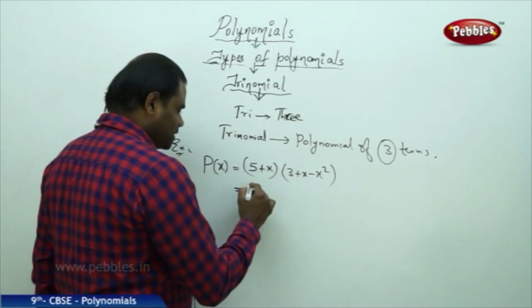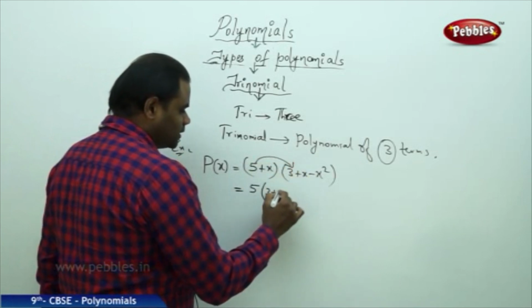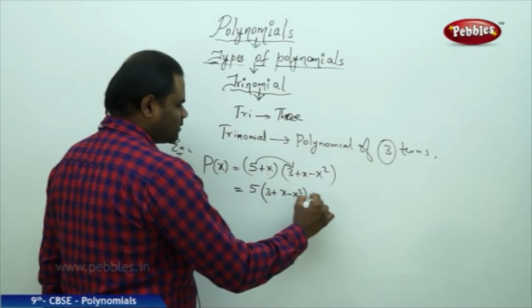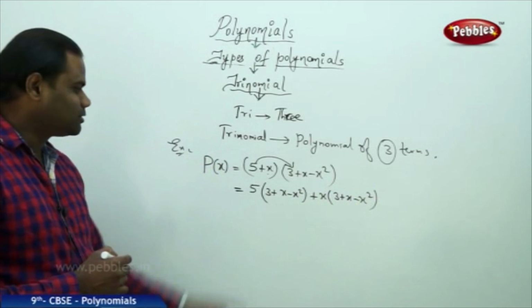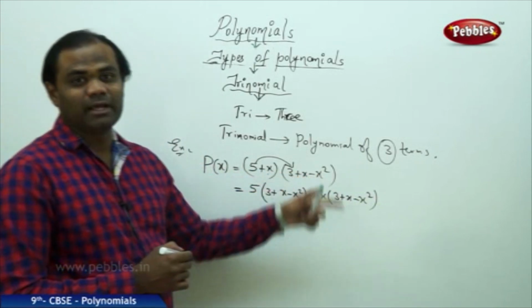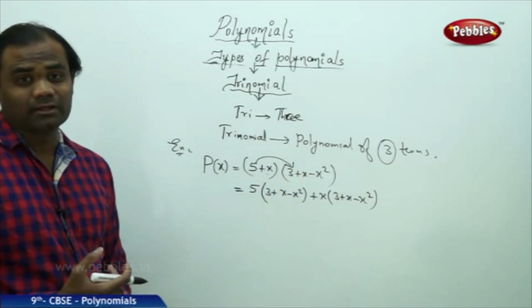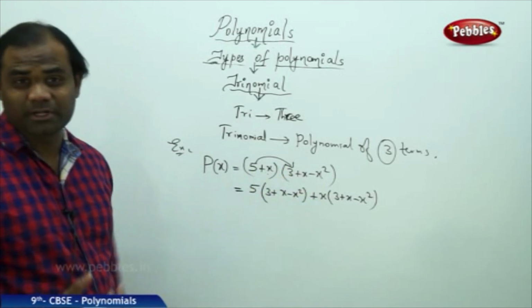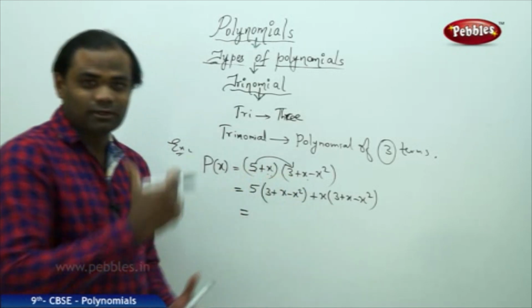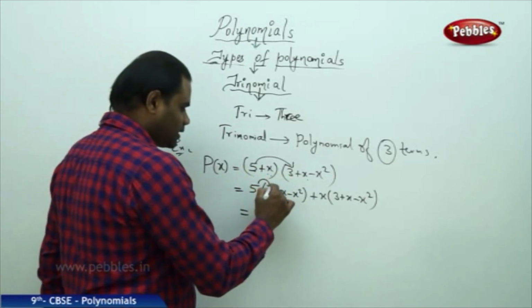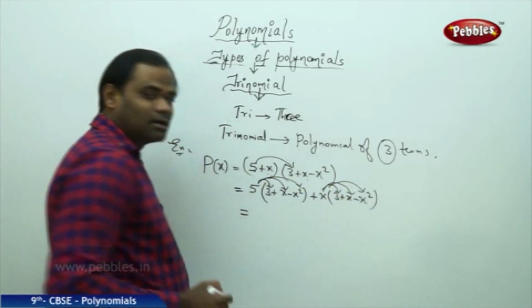So we need to first expand this, as we know that in the lower classes what we have learnt, we expand first 5 with this, and then we expand x with this. So each of the terms of the first bracket is multiplied with the terms of the second bracket. That is how we understand the multiplication of 2 factors or 2 expressions. Now, as we multiply first 5 with this and x with this, then on further multiplication of 5 to each of the terms, 5 times this and this and this, and each of this multiplied to this, we come across